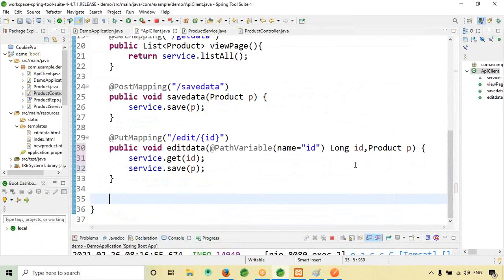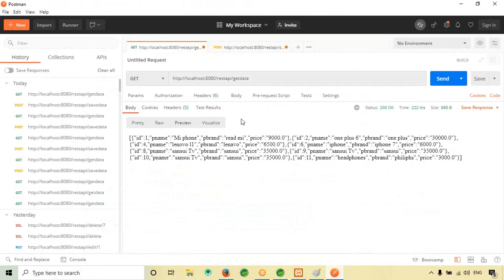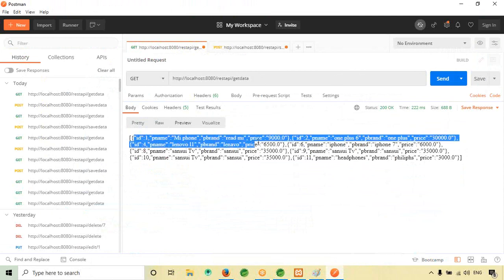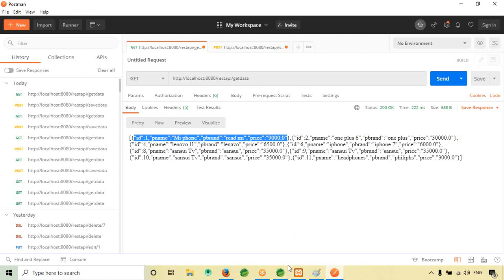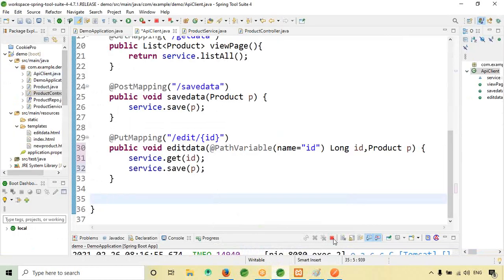So this API. I will open the Postman. What I will do is I want to change Mi phone to Redmi phone. I want to update. Oh wait, I just need to stop and rerun.